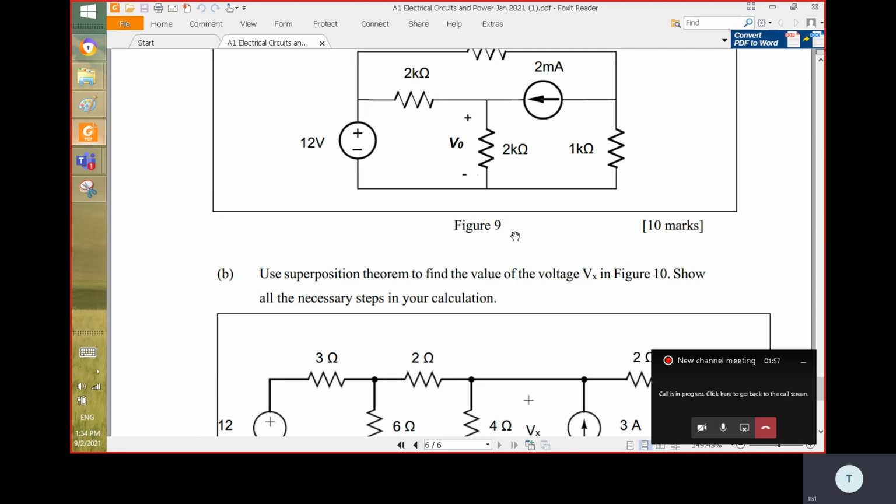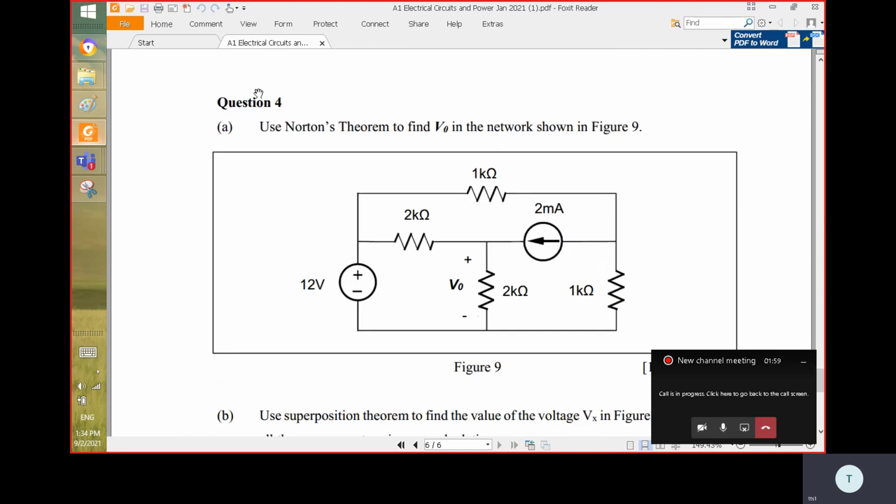Okay, for part A, it's about the Norton theorem. So you know the Norton theorem, we have the Norton current and the Norton resistance, right? And then they are in parallel, unlike the Thevenin theorem. For Norton theorem, we have Norton current and Norton resistance in parallel. So what you do is,